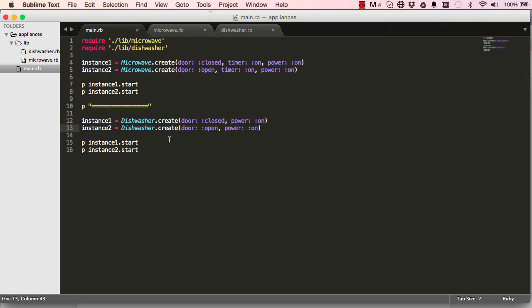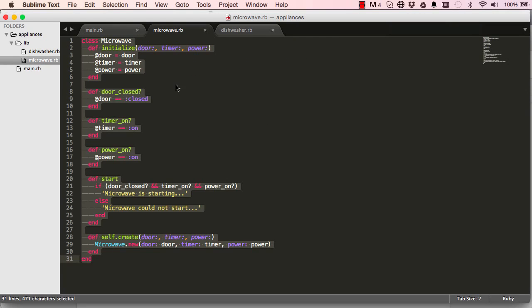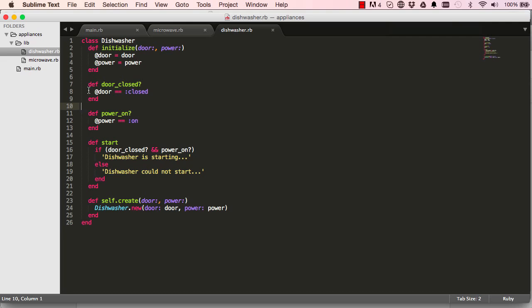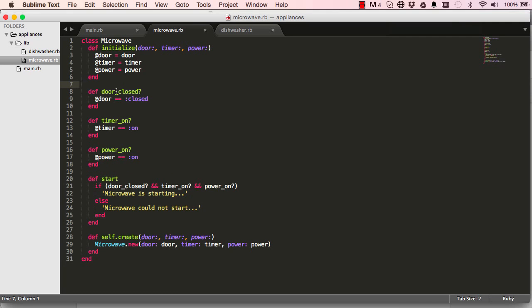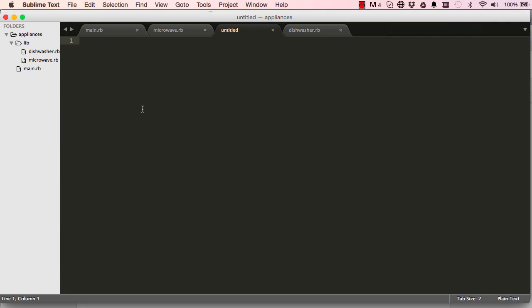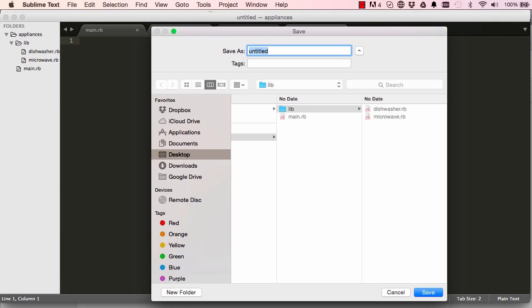So refactoring was a success, but there's a problem. Let's have a look. Dishwasher, we have door closed, we have power on. Here we have door closed, we have power on, exactly the same. So that repetition is not good. So what we do is we'll create another file. We'll call this